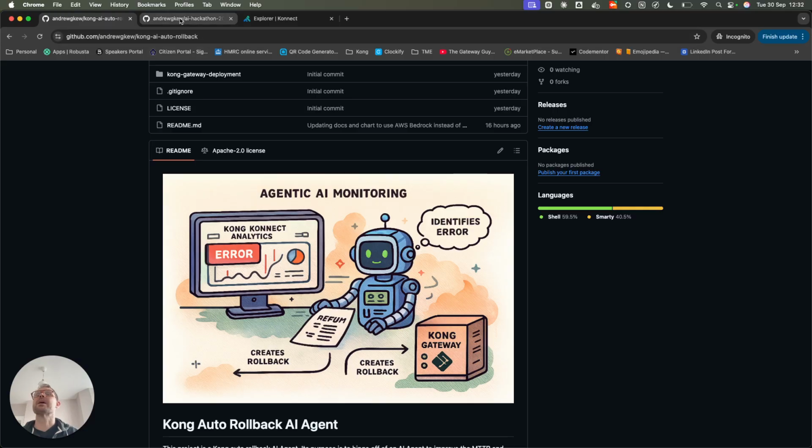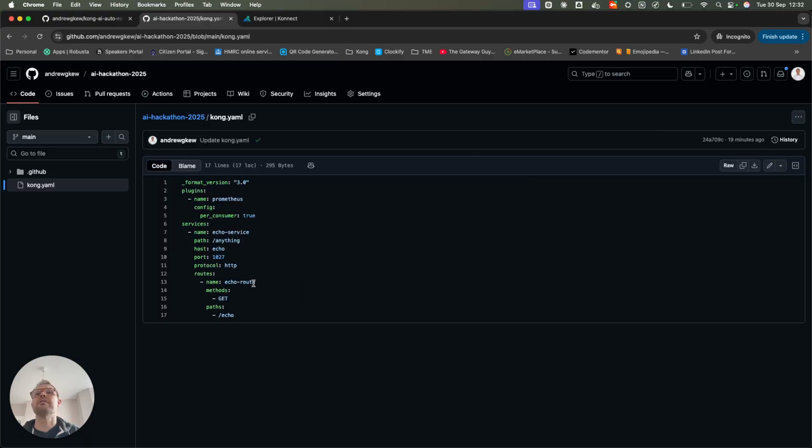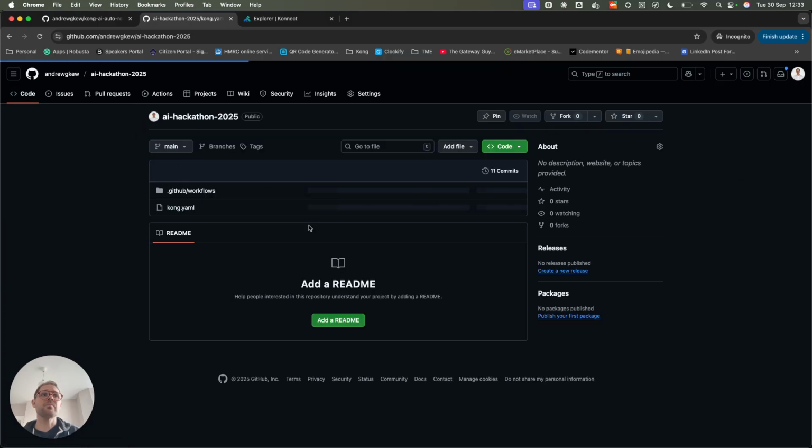And then there's a very handy Helm chart as part of this repository to deploy everything to a Kubernetes cluster. Having a look at the configuration quickly, this is a repository that's linked to my data plane. I've got a single YAML of configuration that has a Prometheus plugin, a simple service, and a route as well. So this is effectively what has been deployed to my data plane. I then also have two pipelines as part of GitHub Actions, a deploy and a governance one that just checks the configuration is a sane and acceptable configuration. And these will automatically deploy, which we'll see as we start making changes.